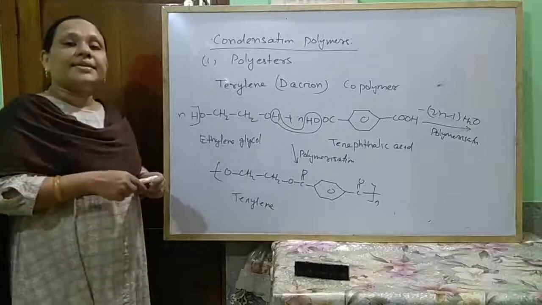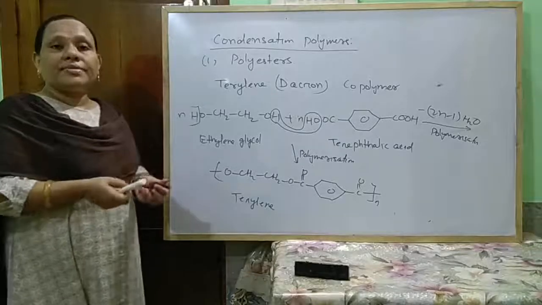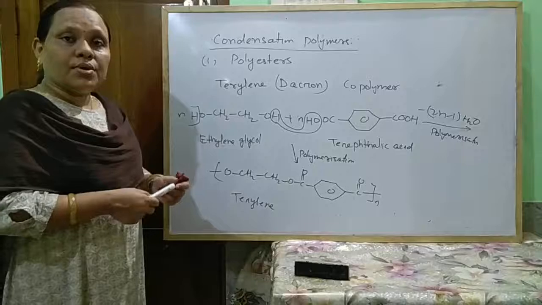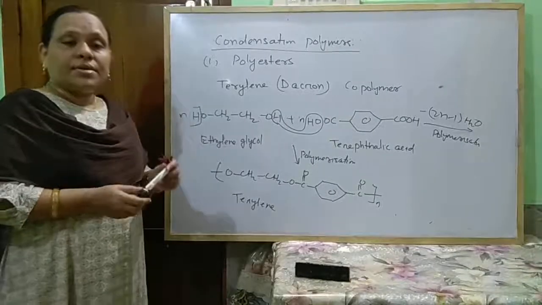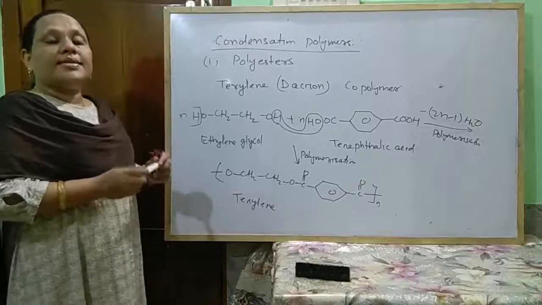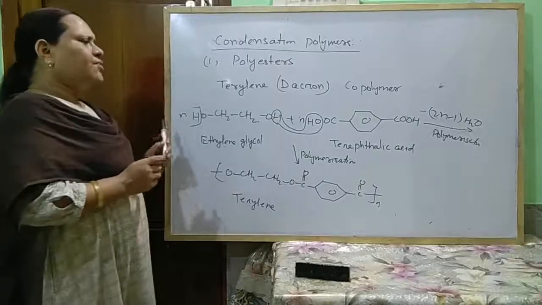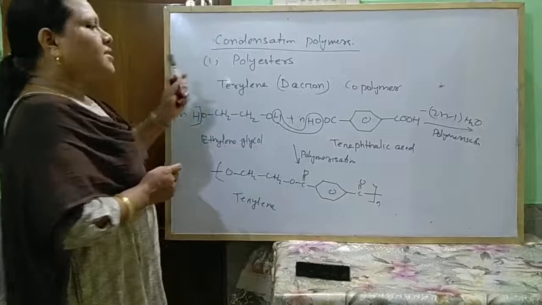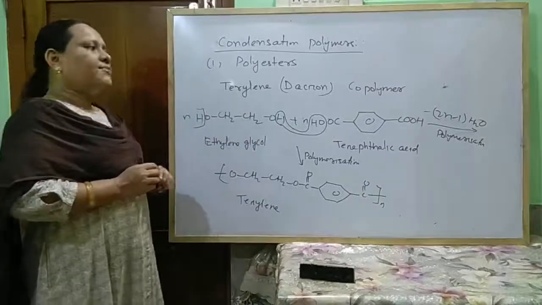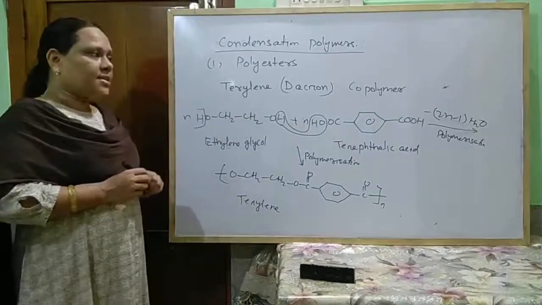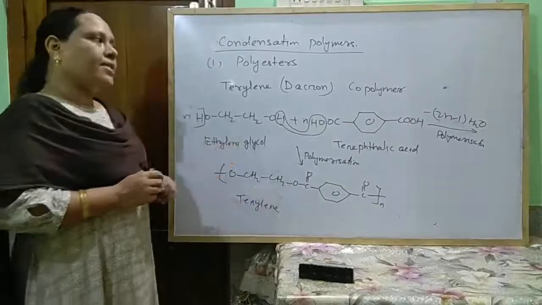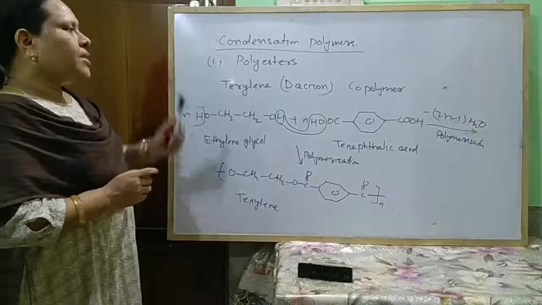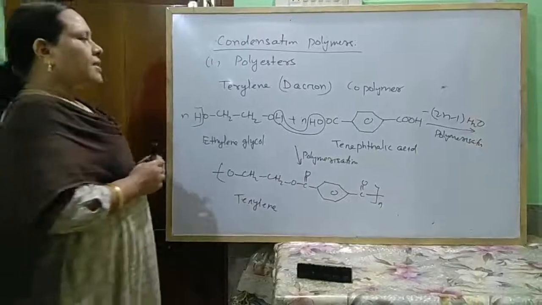When this is blended with different fibers like cotton, wool, silk, it forms terrycot, terry wool, terry silk, like this. So these are used for different synthetic fibers. So terylene is used for different synthetic fibers. Next come to another polyester,